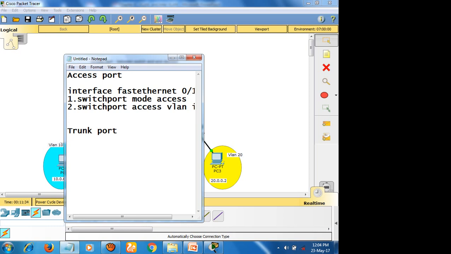So likewise you need to specify the FastEthernet first, and later the switchport mode trunk and switchport trunk allowed vlan and the list.